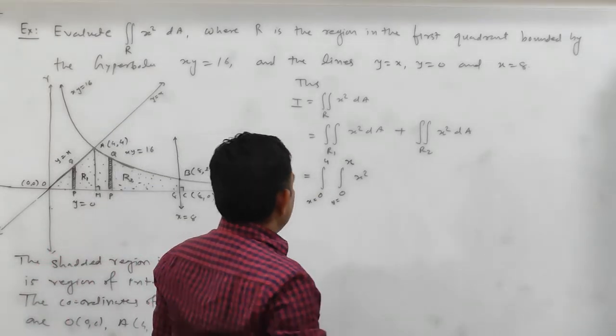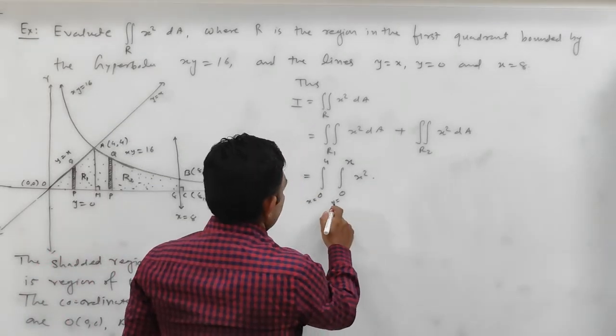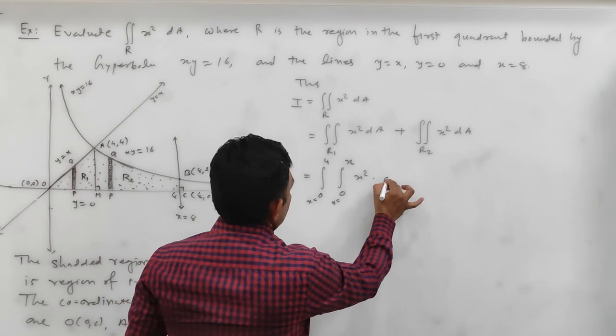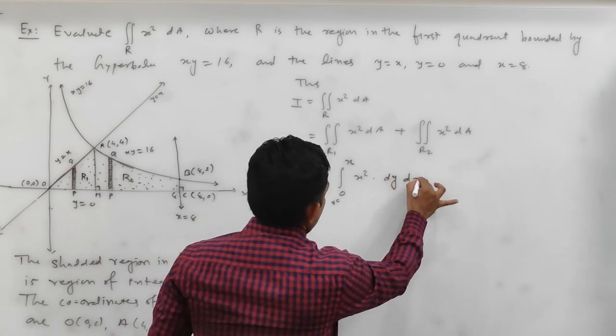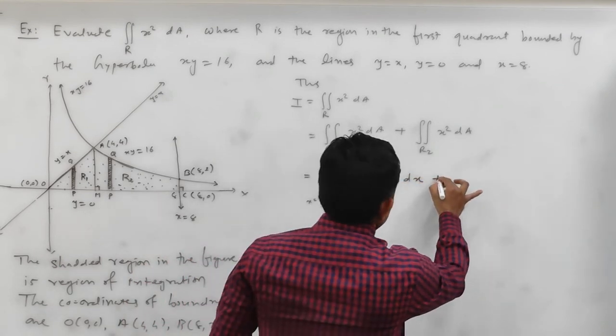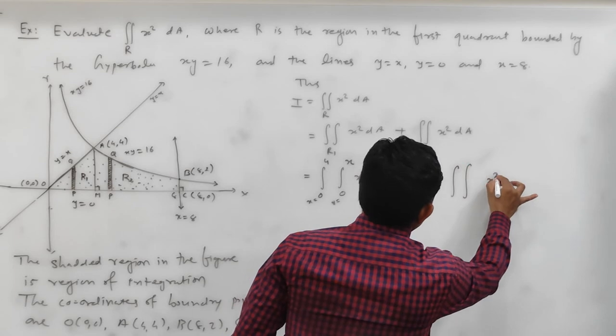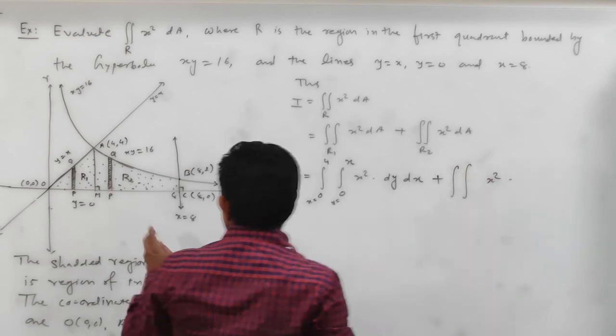And first we integrate with respect to what? The limit of y is variable, so first with respect to y, then with respect to x, and plus in this integration x square from